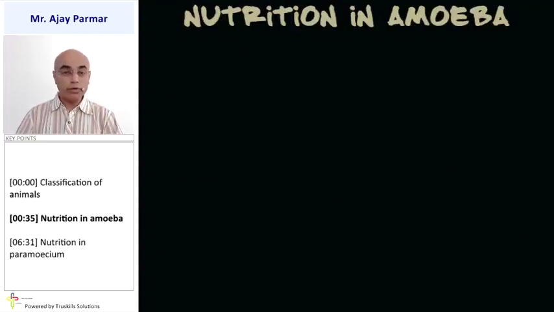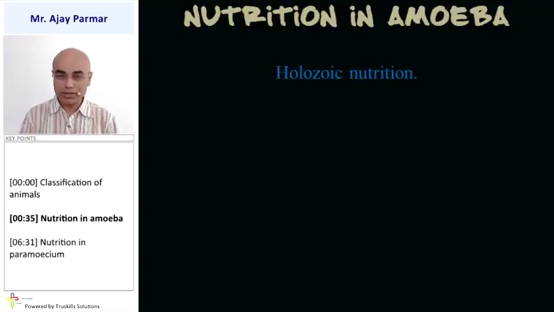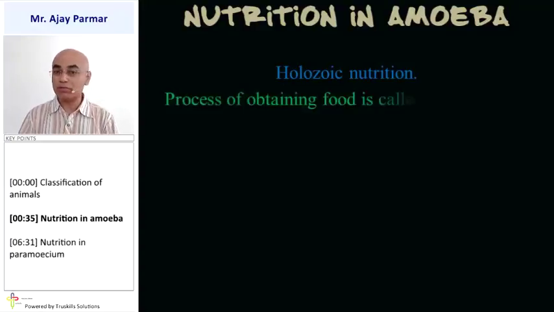Let us study about nutrition in case of amoeba. Amoeba undergoes holozoic method of nutrition. Holozoic method means it is going to consume the wholesome food, undergoes the change in the complex food into the simpler one, that is digestion, and undigested mass will be thrown out of the body. In fact, we have a specific name of process of nutrition in case of amoeba, and that is what we